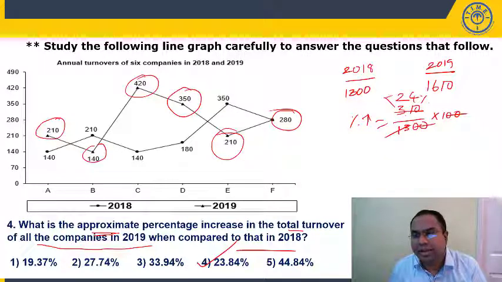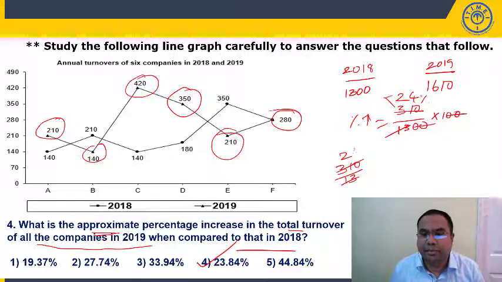So what I am doing here is percentage increase, difference 310 by initial value 1300 into 100. So 2 zeros will get cancelled. 310 upon 13, 13 2s are 26. 5 is remaining, 50. So I'm just looking at my 13 table. 13 fours will give me 52. So it is 50 only. So slightly less than 24. So the fourth option should be my answer.